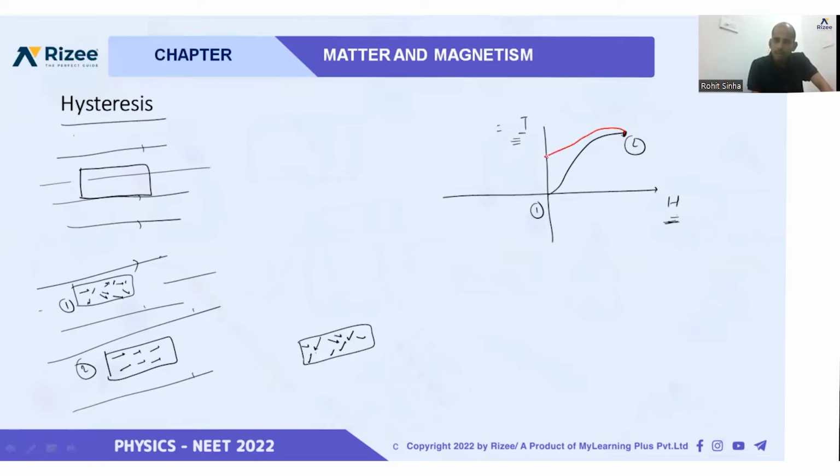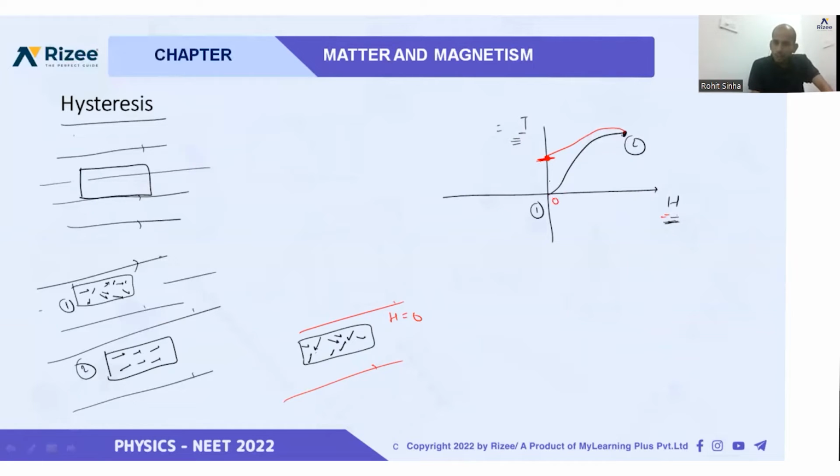At this point we have kept the value of magnetic intensity as 0. We decrease the value of magnetic intensity to 0, but we see that some value of magnetization